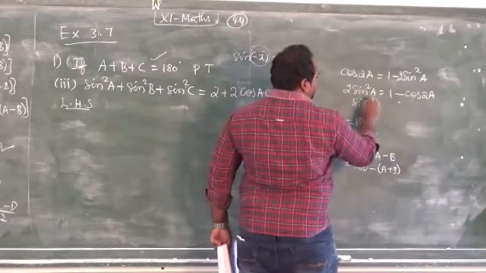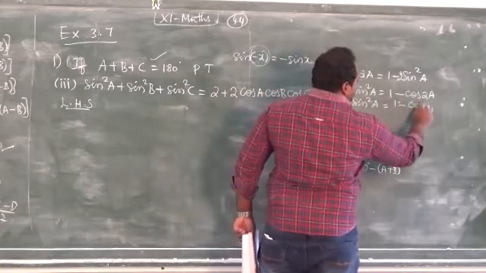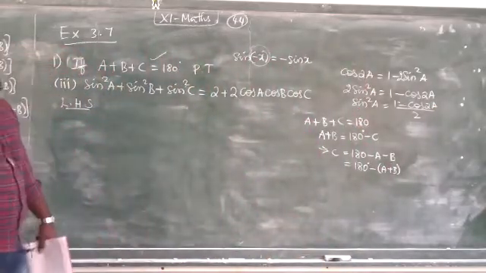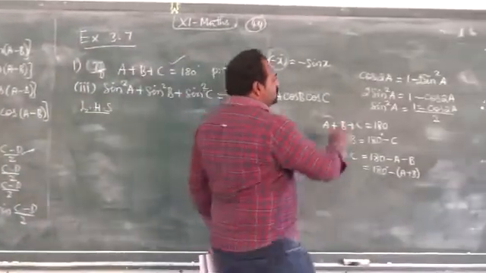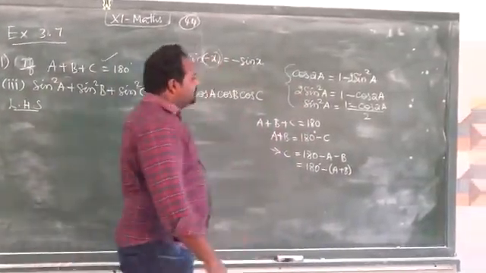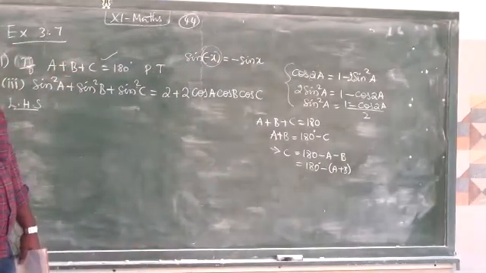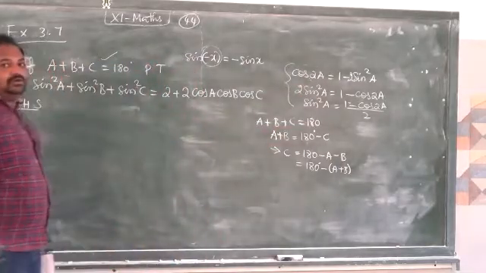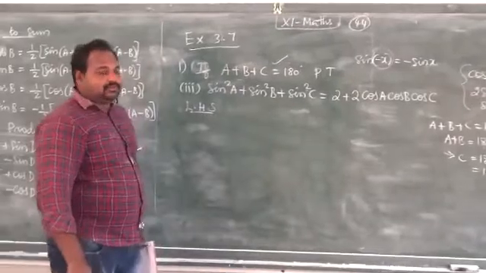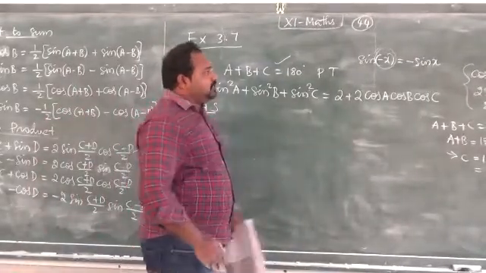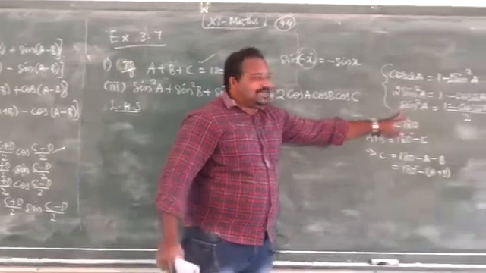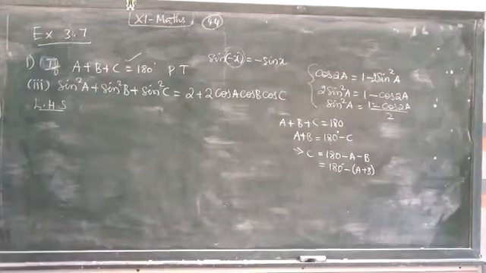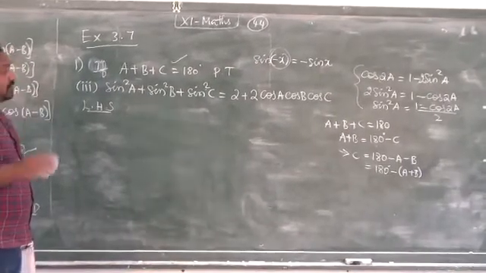If I bring this side it is minus cos 2a. So sin square a equal to 1 minus cos 2a by 2. So instead of sin square a I can write 1 minus cos 2a by 2. This is very important, how to convert sin square, instead of sin square a, 1 minus cos 2a by 2 from the formula. You must know this one, otherwise we can't even touch the problem to solve. So as soon as you see the question, you have to remember this formula and convert sin square a from the formula, and then we apply everything. We must remember this when you see the problem in your question paper.